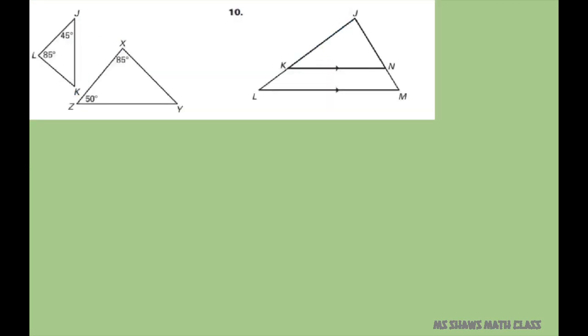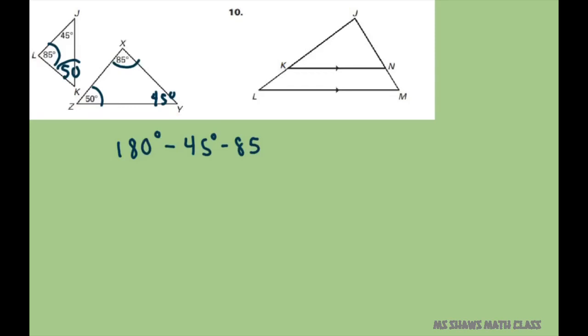All right, and here's the second set. We do the same thing. The 85s match up. So just take 180 minus 85 minus 45. So 180 minus 45 minus 85, and that gives you 50 degrees. So these two match up. You only need two angles to match up. So that would mean this would be 45 here. So your congruencies, your similarity statement would be